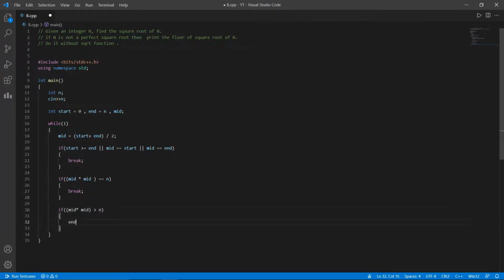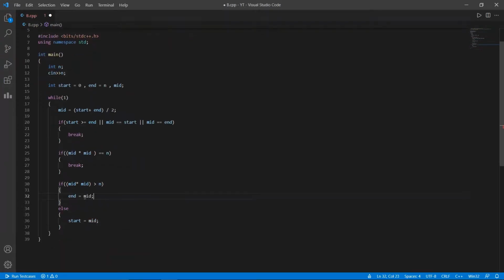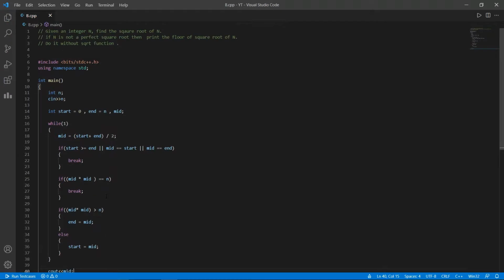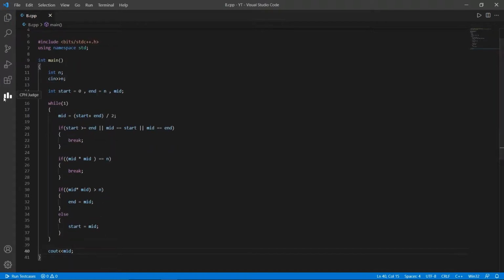If it is, let's take end equal to mid, and if it is not, else start equal to mid. Sorry, my mistake, here I should write mid. Okay, now we'll just print the mid. Okay, it looks good. We'll check it now.